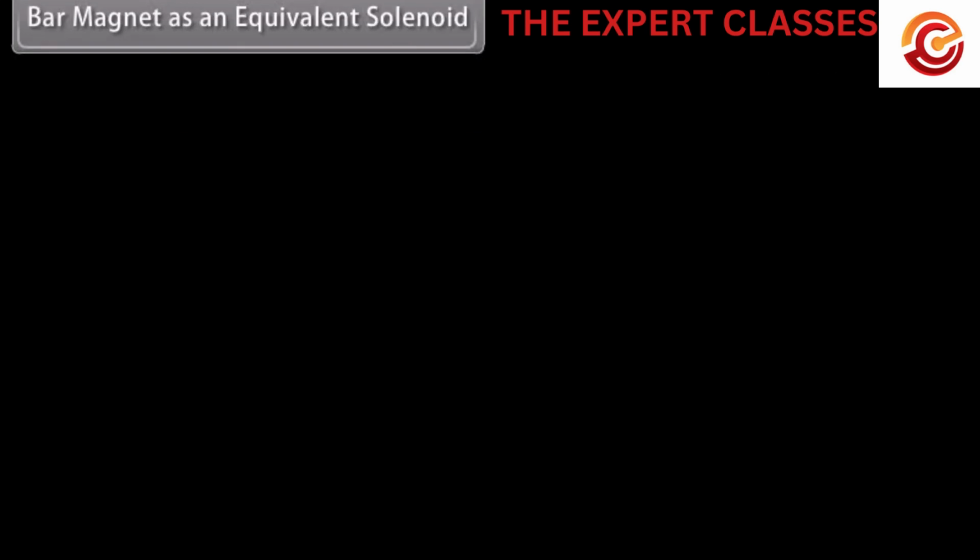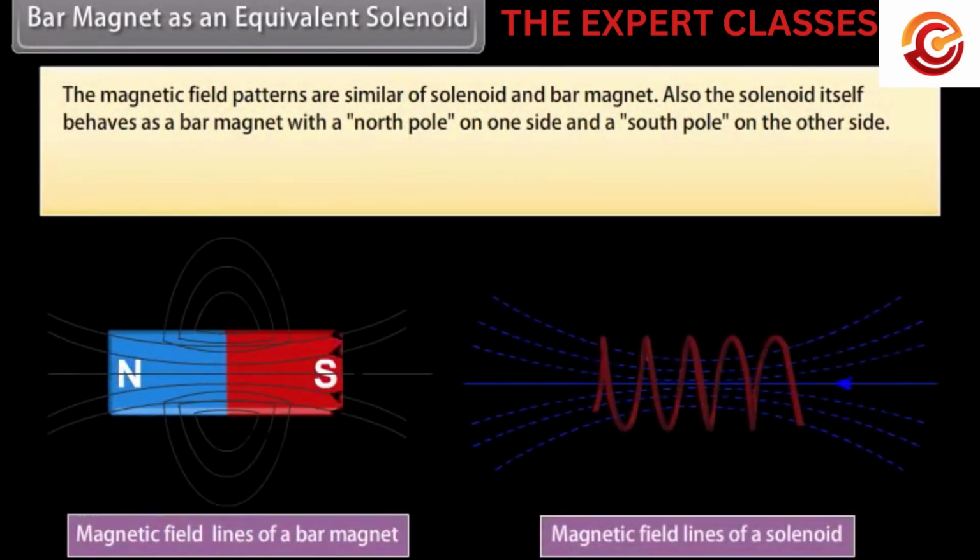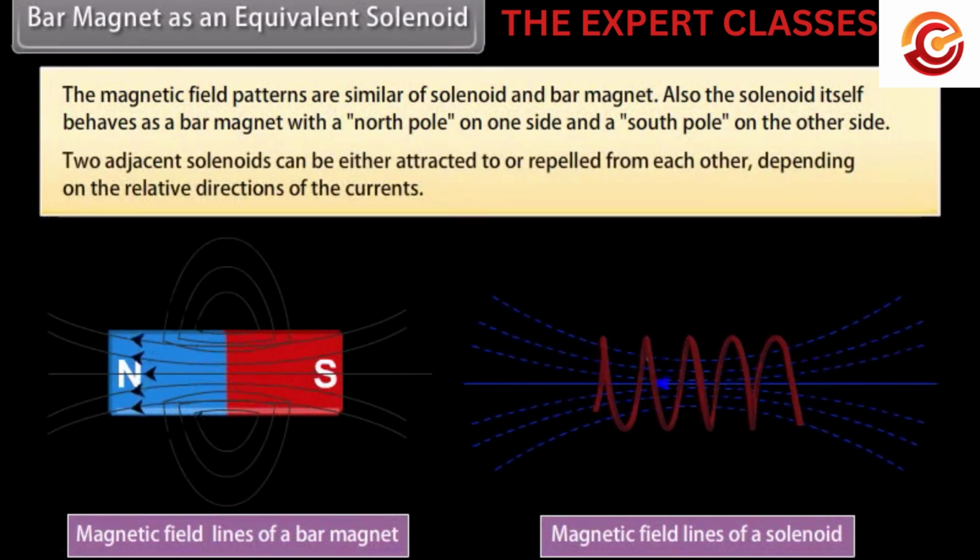Bar magnet as an equivalent solenoid. The magnetic field patterns are similar for a solenoid and a bar magnet. Also, the solenoid itself behaves as a bar magnet with the north pole on one side and the south pole on the other side. Two adjacent solenoids can be either attracted to or repelled from each other, depending on the relative